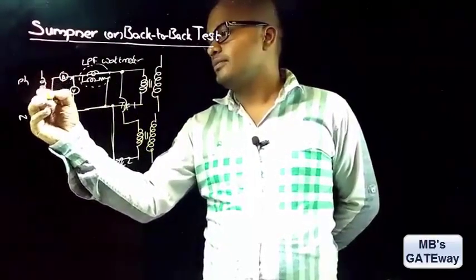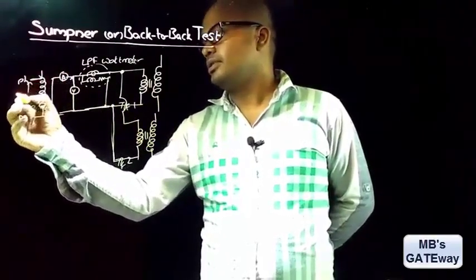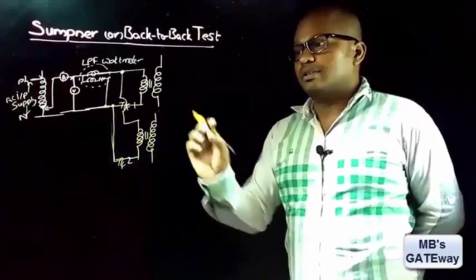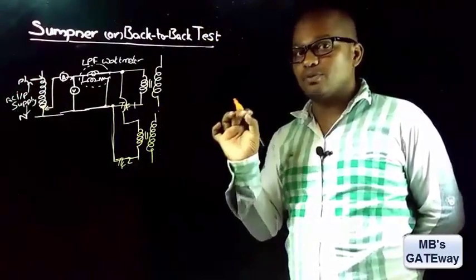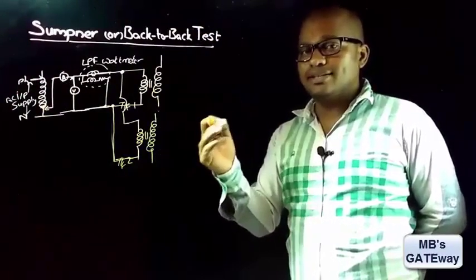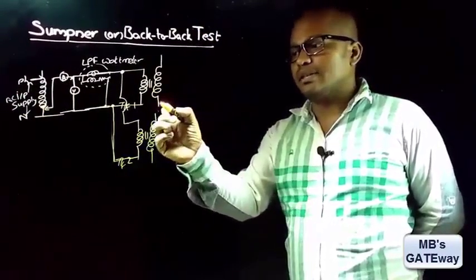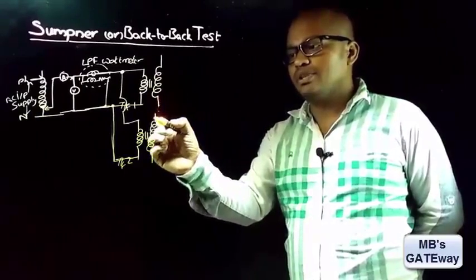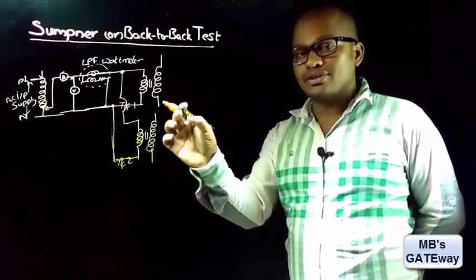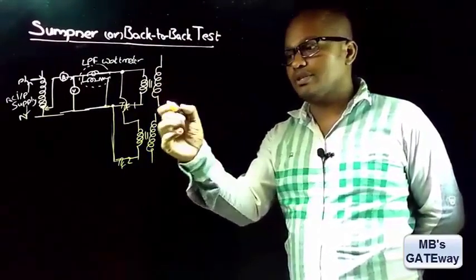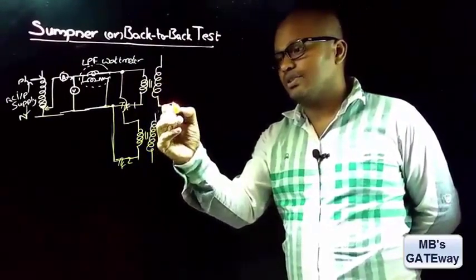This is the single phase variac and this is the input AC supply, and the secondaries of these transformers are to be connected in series phase opposition. If connecting in series and in phase, the end of one transformer is connected to the starting end of the other transformer. But here we require the series connection of the transformers in phase opposition, meaning this end is connected to this